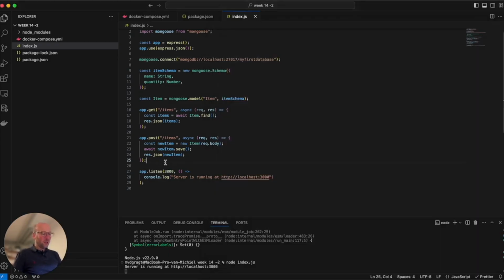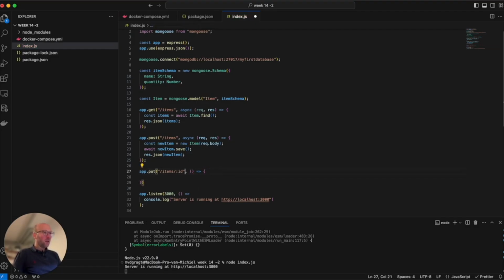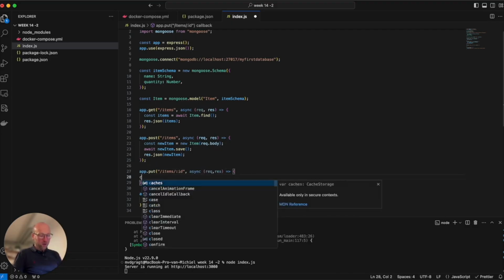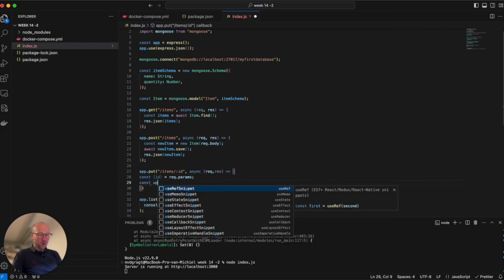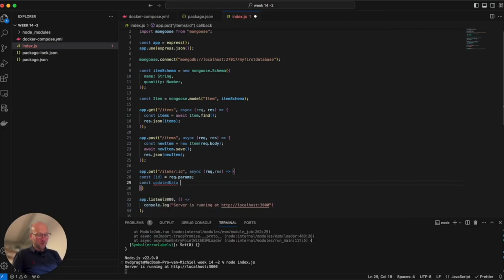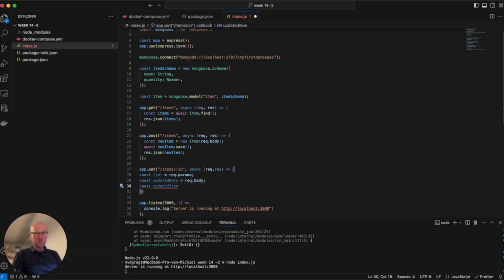Now let's also do a put and a delete request. So we can say app.put, and we can do items, and remember we pick it by the ID, we have the callback function, and we say async request, response, and in here we're going to say const, and we've done this all before, id equals request.params, and we will say const updatedData equals request.body, and then we're going to say const updatedItem equals